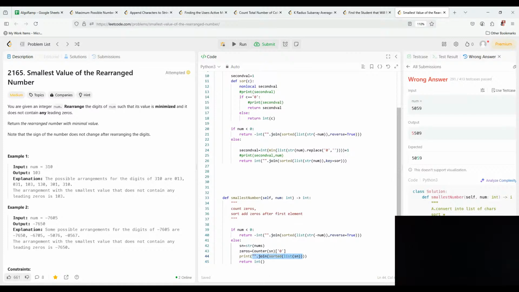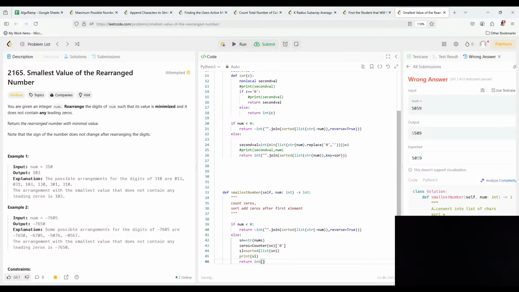So we can say sorted list will be sorted list, and we join sorted list for element